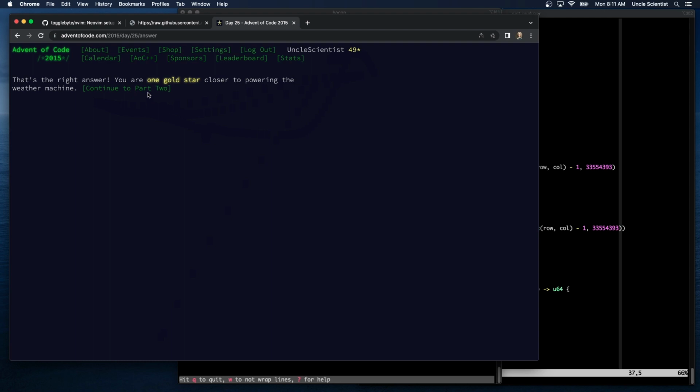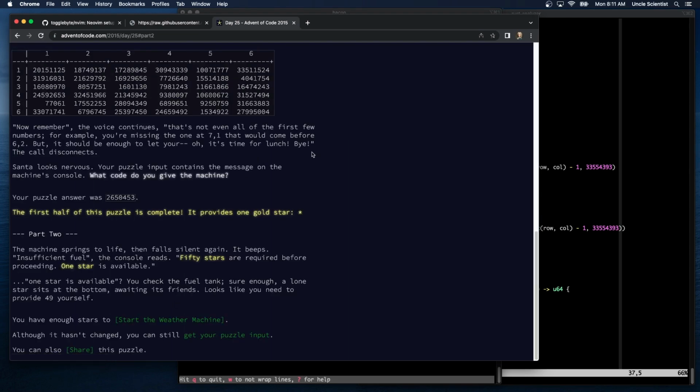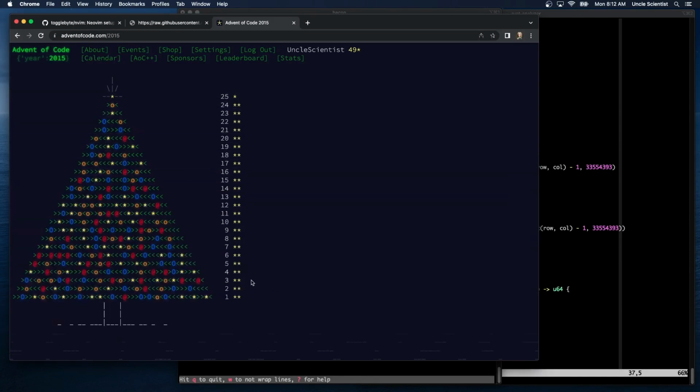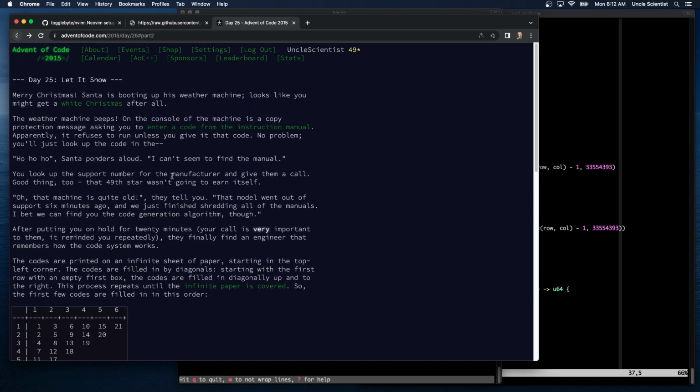We're at 49 and then continue to part 2. And like I said, part 2 is just going to be, we need 50 stars. 1 star is available. You check your fuel tank. Sure enough, a lone star sits at the bottom, awaiting its friends. Looks like you need to provide 49 yourself. You have enough stars to start the weather machine. So before I click that, I want to just look at the calendar. This is what the calendar looks like now with 49 stars. And then once I click starting the weather machine,